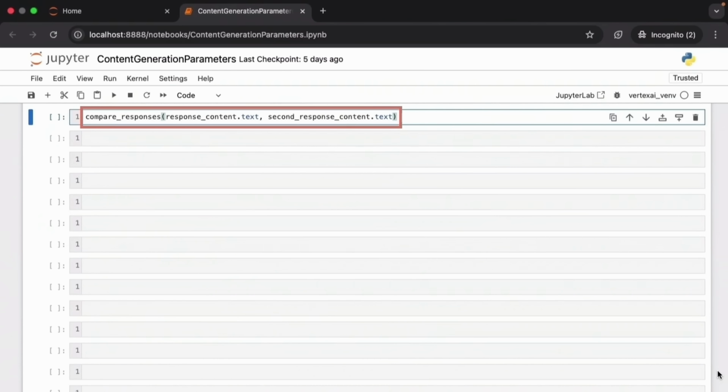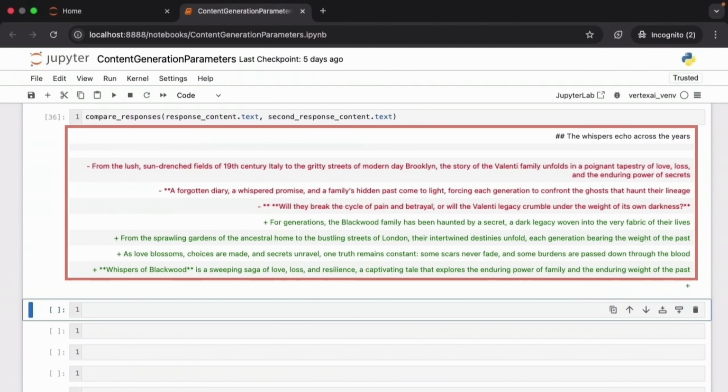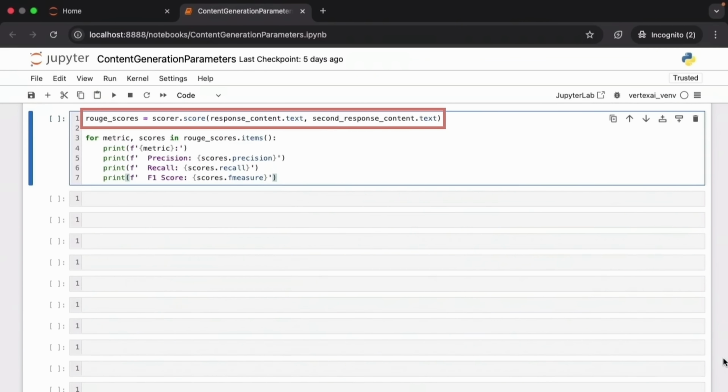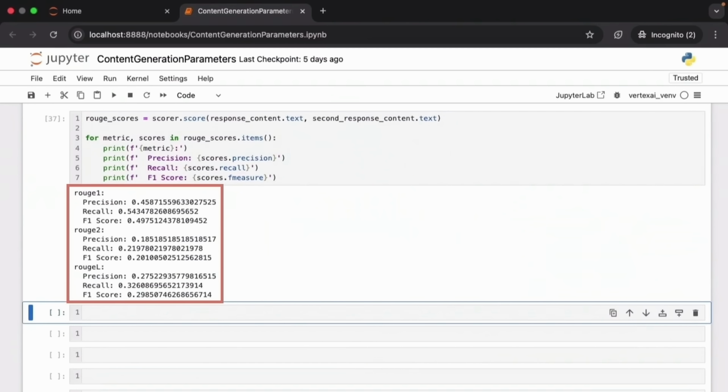Let's call compare responses to compare the first response with the second response. And you can see some similarity, but some differences as well. So the output was not really very deterministic. Now, the real test is when we compute the Rouge score of the first response and the second response. This will give us an indication of how different or similar the two responses are. And if you look at the precision, recall, and F1 scores, you can see that they are somewhat similar, but